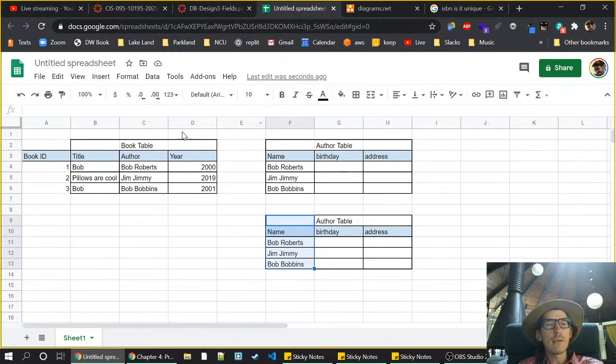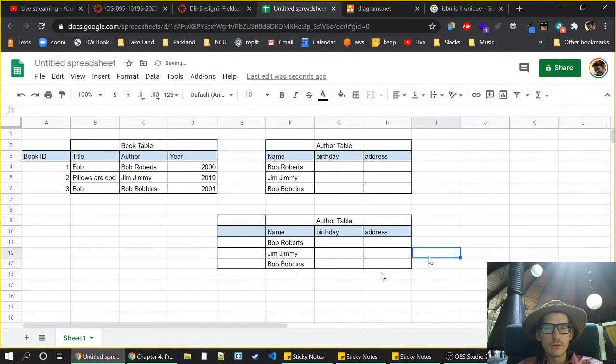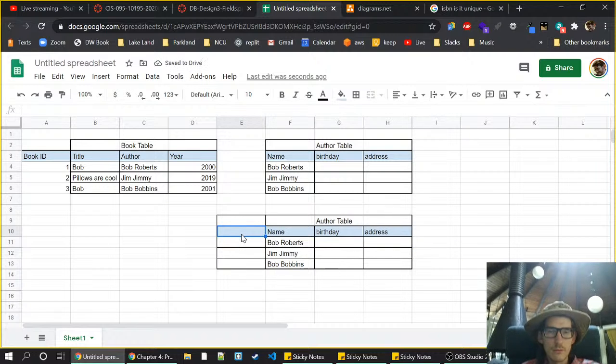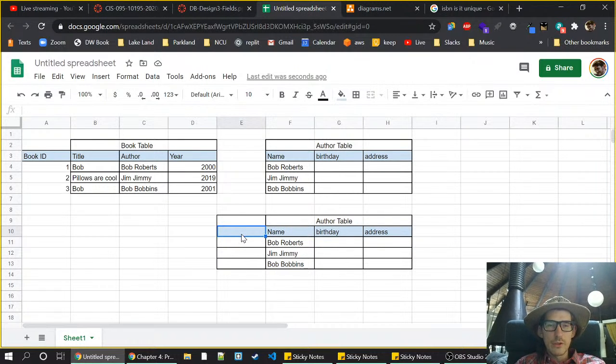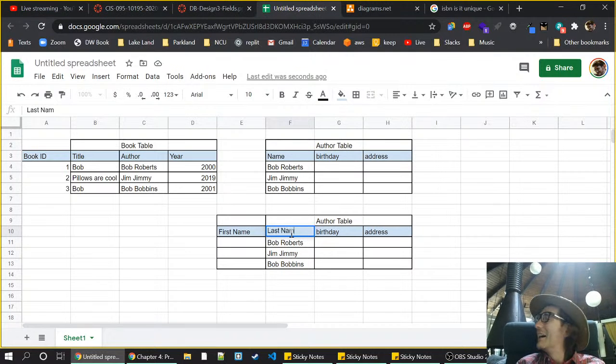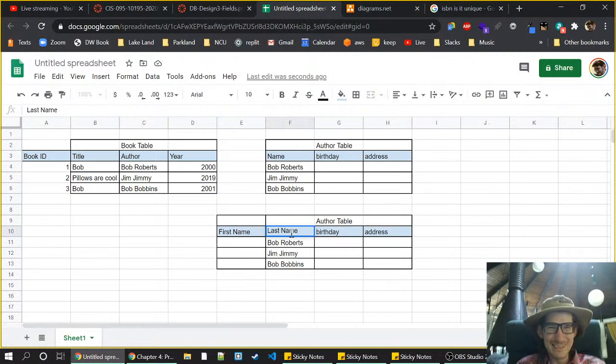So the top one is the before, and this bottom one will be the fixed one. So first name,